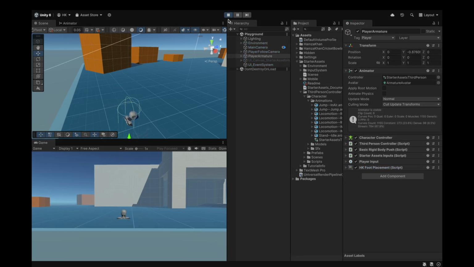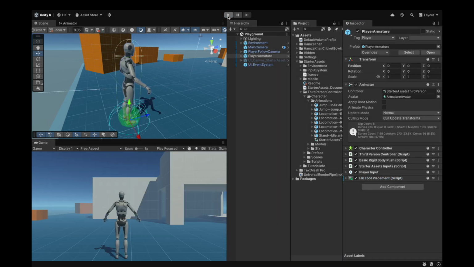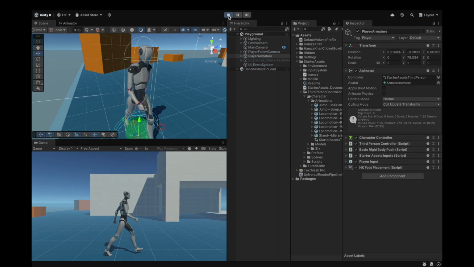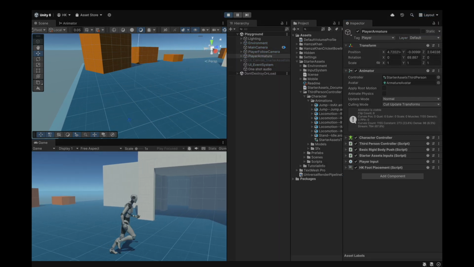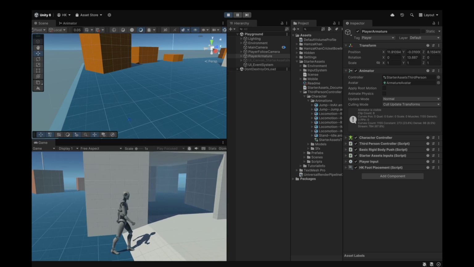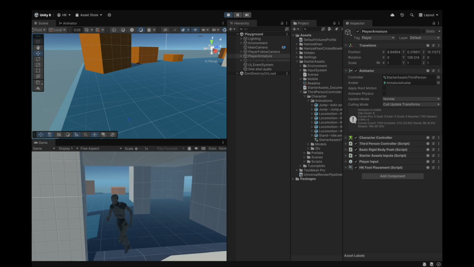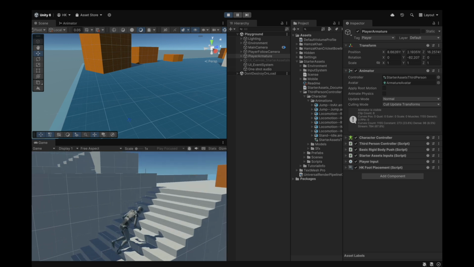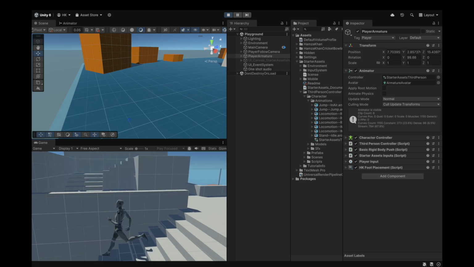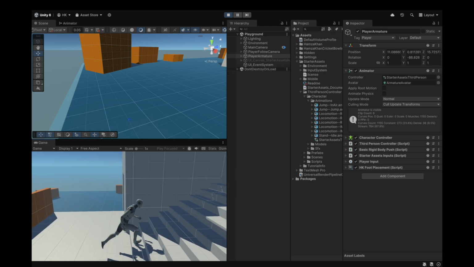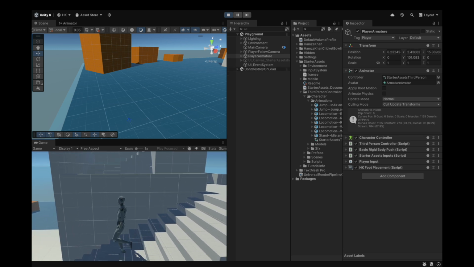Alright, now if I give it a try, and I'll change that. Actually, make sure to also use the preset if you didn't already. And just make sure to have a layer for the player armature so that it doesn't fall through the floor. As you can see, IK is already enabled, and it was literally just a few clicks to get this all done. And with the stairs as well, but the stairs are actually a slope, so you will see that our feet